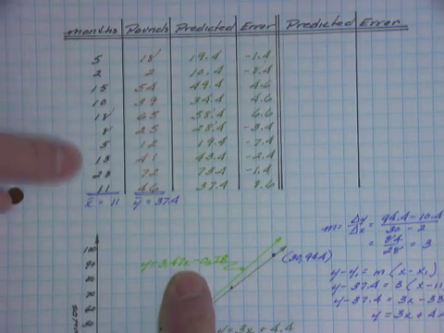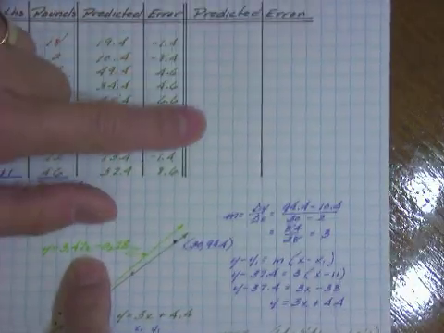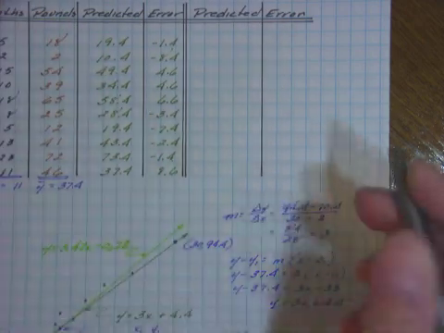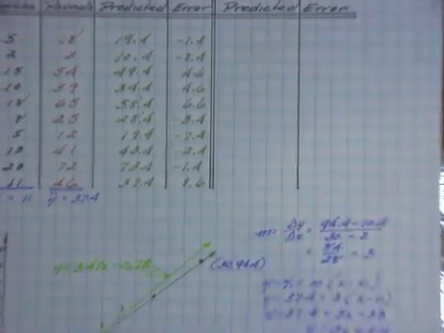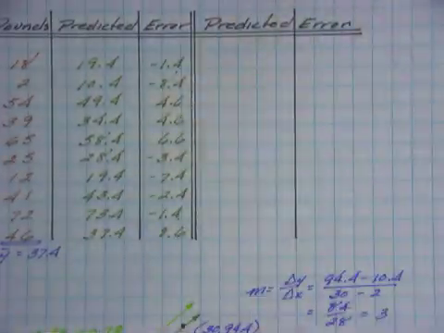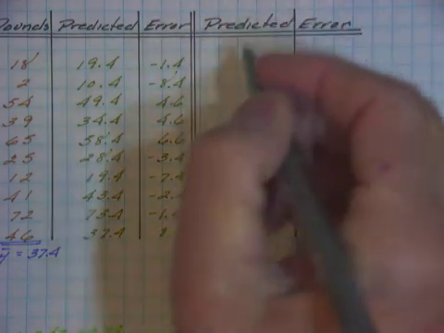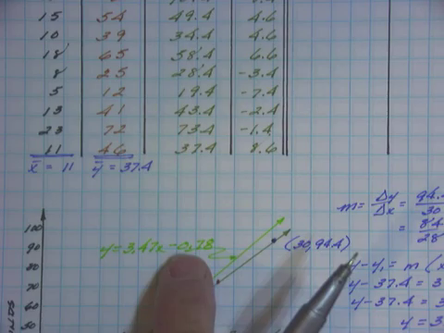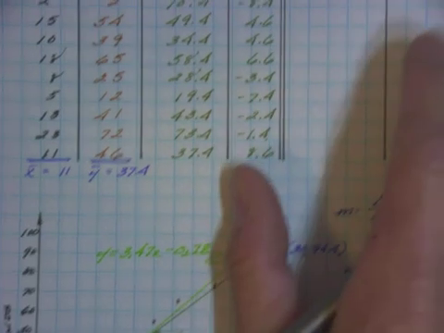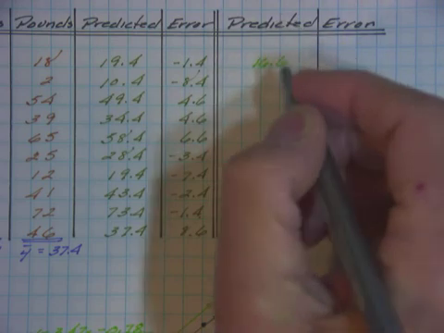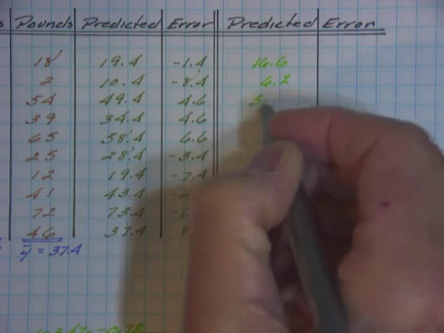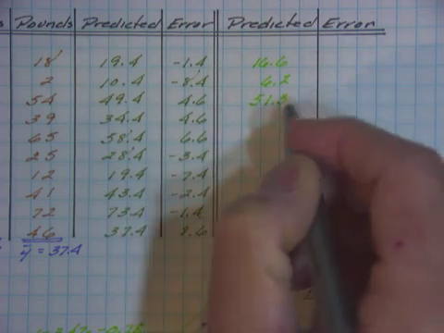So now I'm going to take that new equation, I'm going to plug in these months, and I'm going to get a whole new column of predicted, and that will generate a whole new column of errors. So I've already calculated those. I'm just going to write them down. We've got, for the first one, 16.6. So I got that by putting 5 into that equation, the new best fit line equation. So 16.6, 6.2,